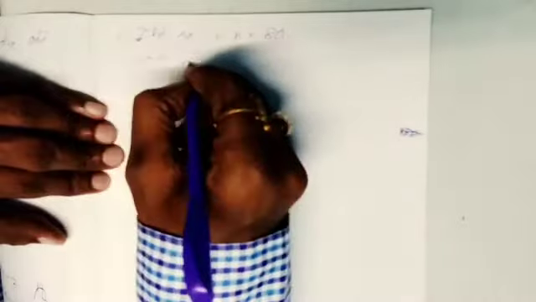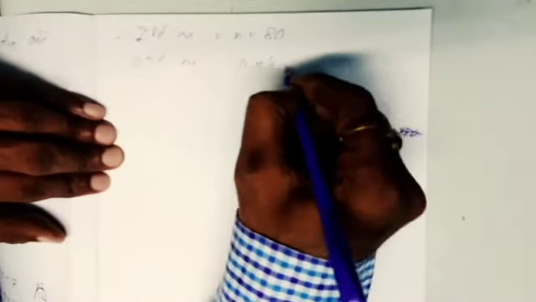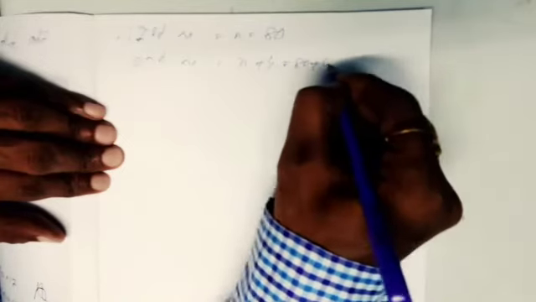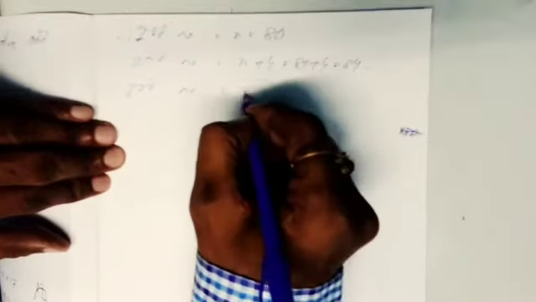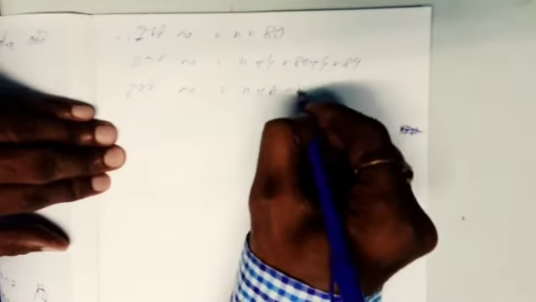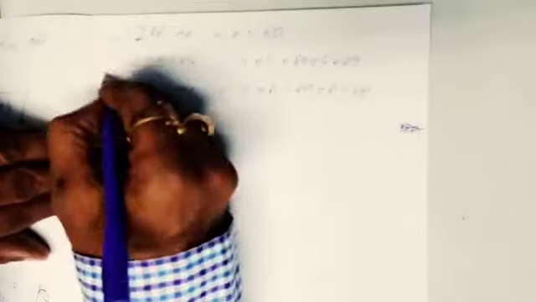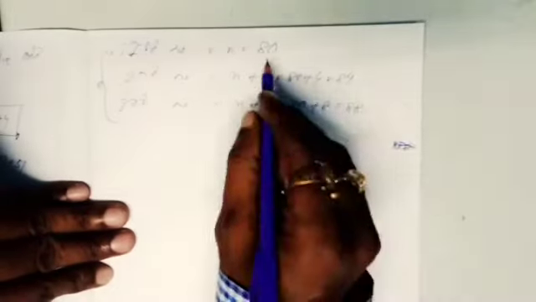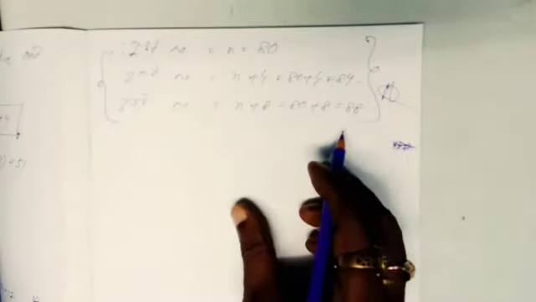And the second number, that is x plus 4, means 80 plus 4, how much are we getting? 84. It is a multiple of 4. And the third number, that is x plus 8. That means 80 plus 8, how much are we getting? 88, which is also a multiple of 4. That means the three required numbers are 80, 84 and 88. These are all multiples of 4. Okay. Let us go to the next question.